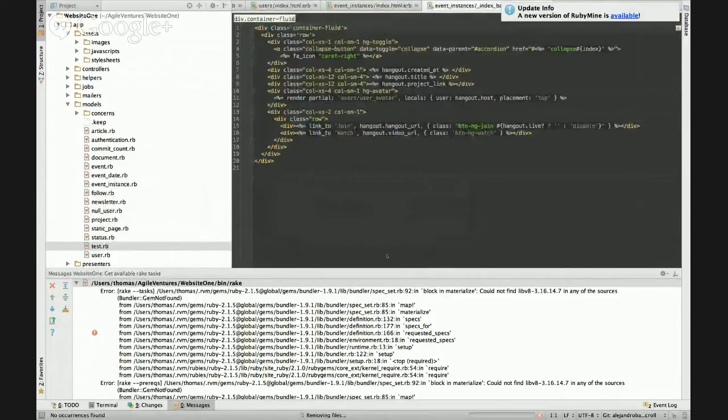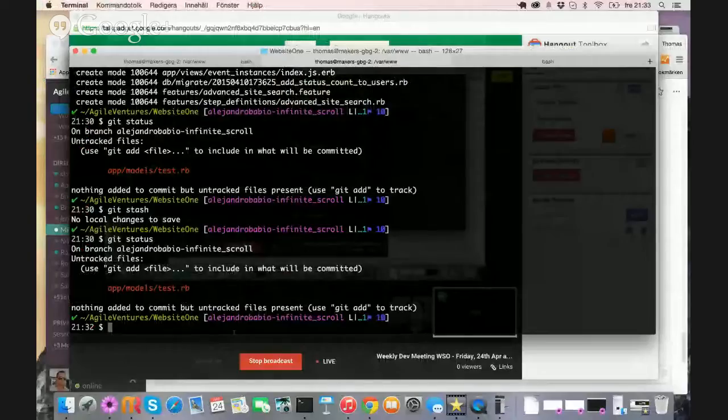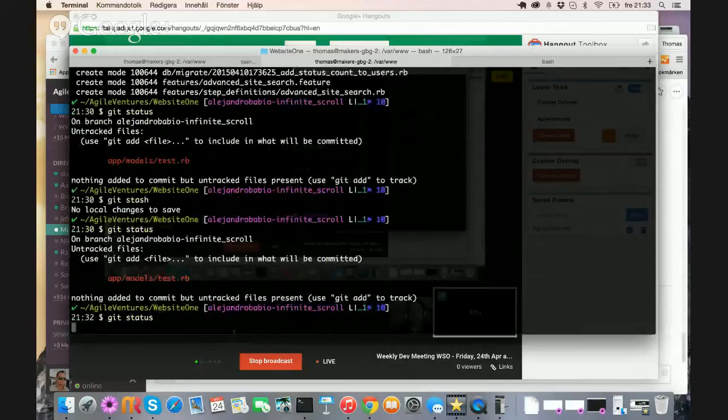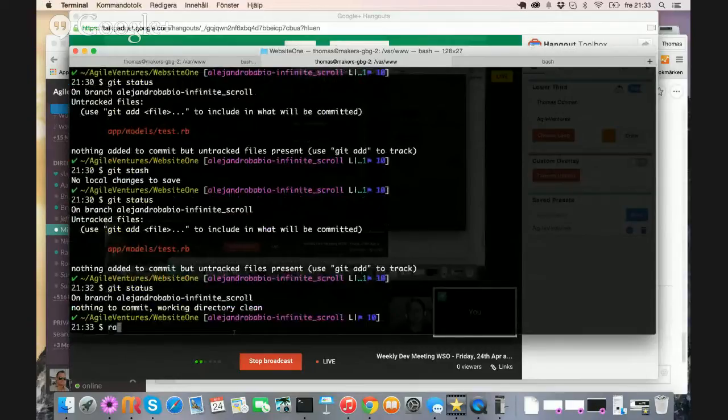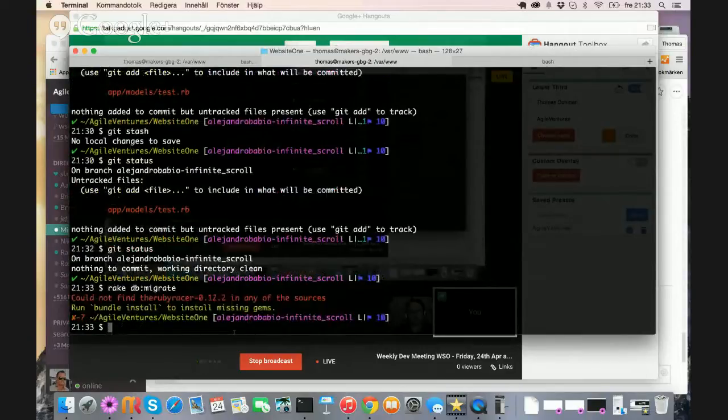Okay, so I just pulled down that last infinite scroll from your branch, because I wanted to see what's been going on here. Did you want to see it working?